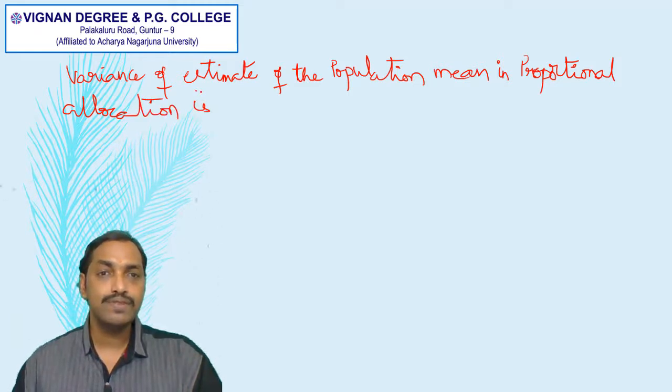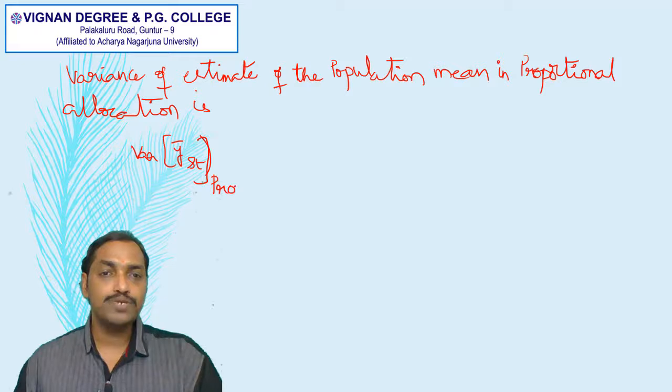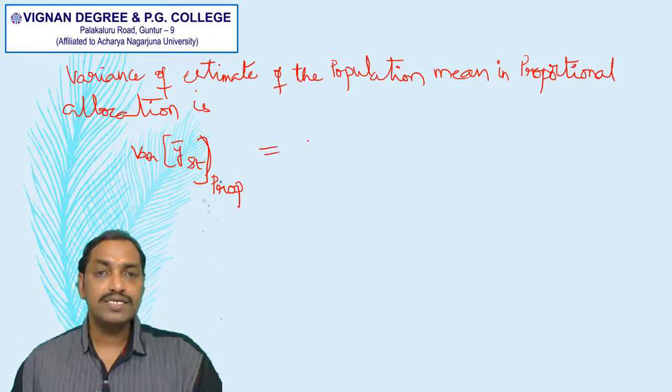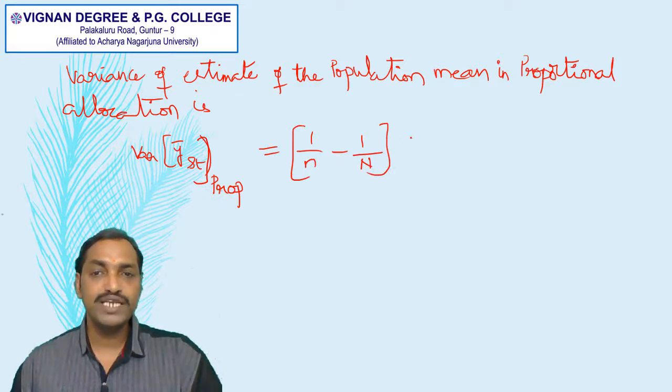The variance of y bar st in proportional allocation is given by the formula 1 by small n minus 1 by capital N into summation i is equal to 1 to k Pi into Si square,